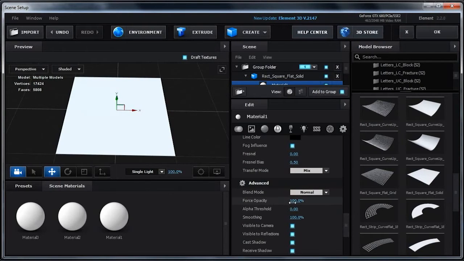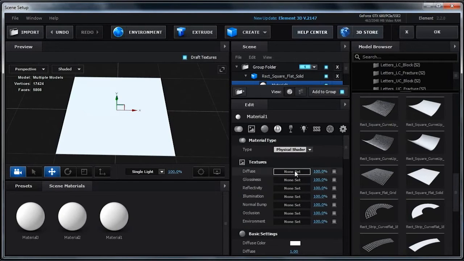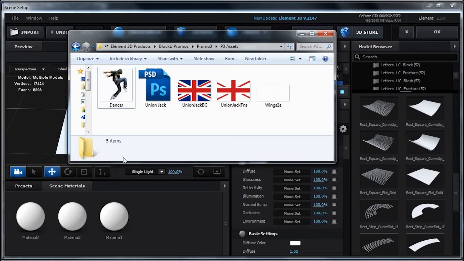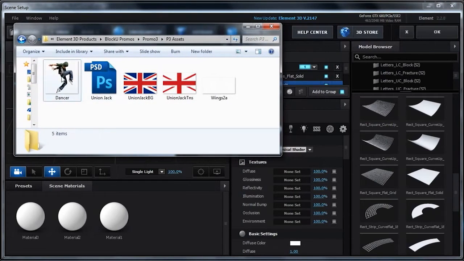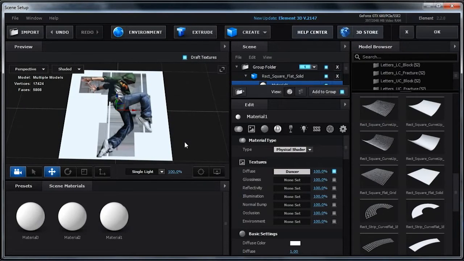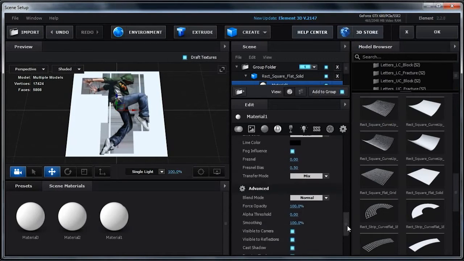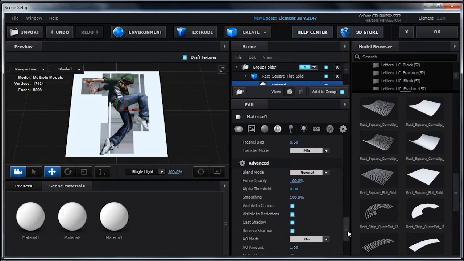And I'll come back down to this in a minute. I need to add that image here to the diffuse channel. I need to come back down to the forced opacity, the threshold level,